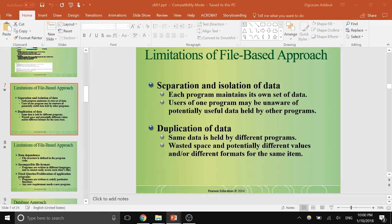For example, you have a real estate company and you have a client, and the client has certain requests, a certain type of house he's looking for, with a certain amount of rooms, maybe a certain type, such as a flat or a family house, and a certain rent. He has a maximum rent, minimum rent, and you also have a list of properties. And in file-based systems, it's really difficult to search,